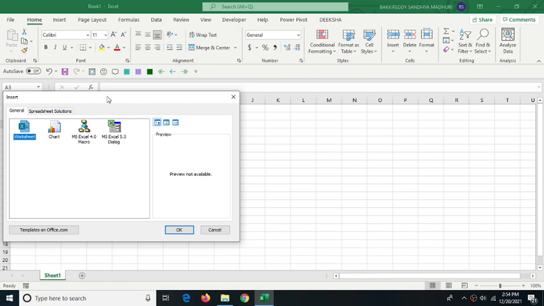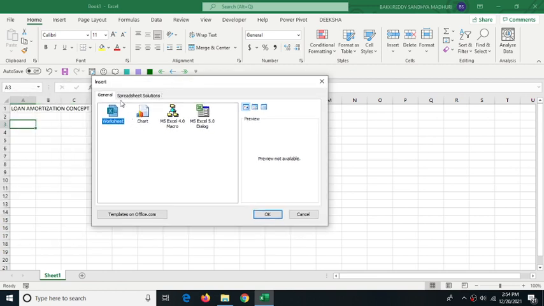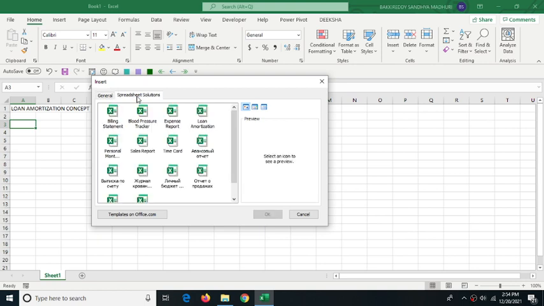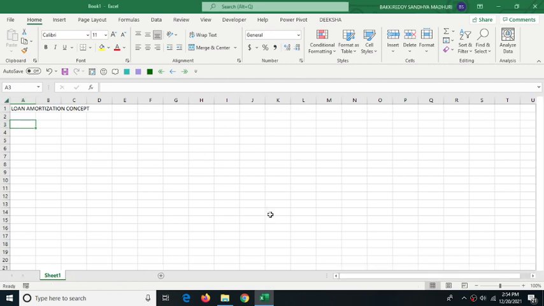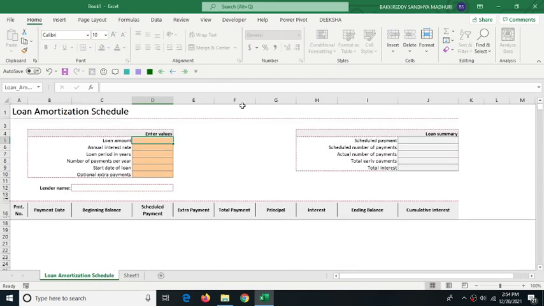Now in the insert window, we have to click on spreadsheet solutions. If we click on these spreadsheet solutions, here we have one template with the name of loan amortization. So select this template, click on OK. Now we will get this template in our workbook.